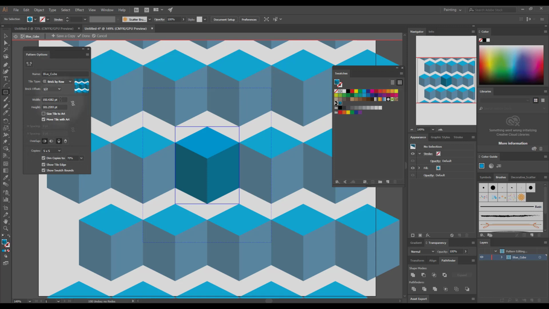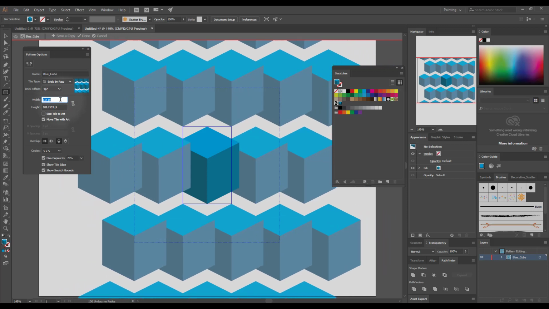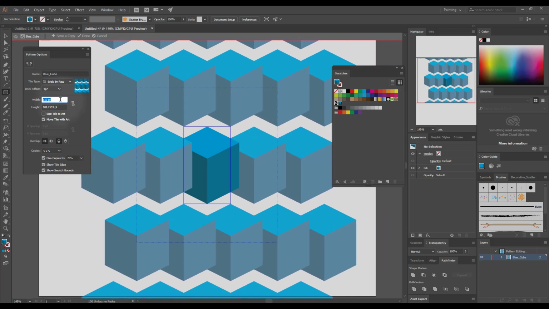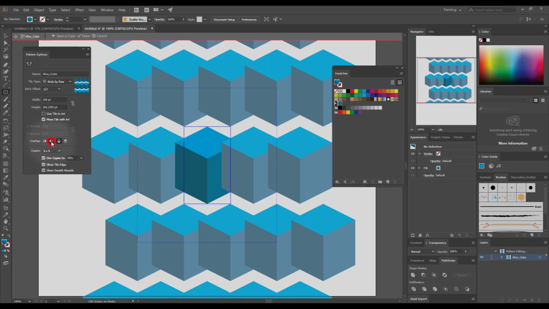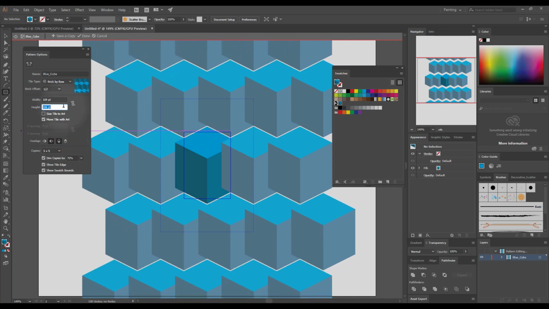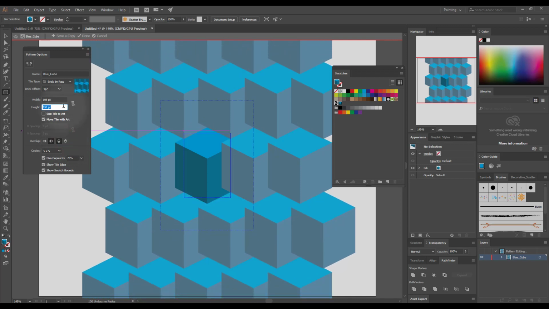We can change the width. So we can click in here and do the arrows. See how they come closer together? And once stuff starts overlapping, then you have these overlap options that you can play with. You can change all this. So if you want them actually overlapping,